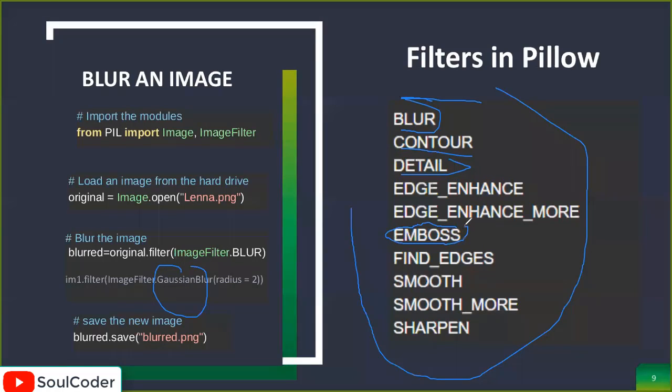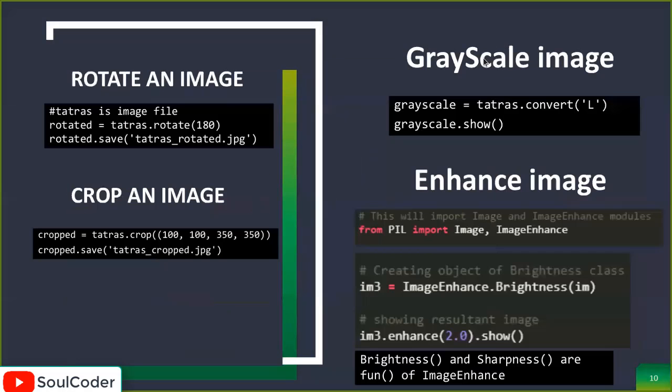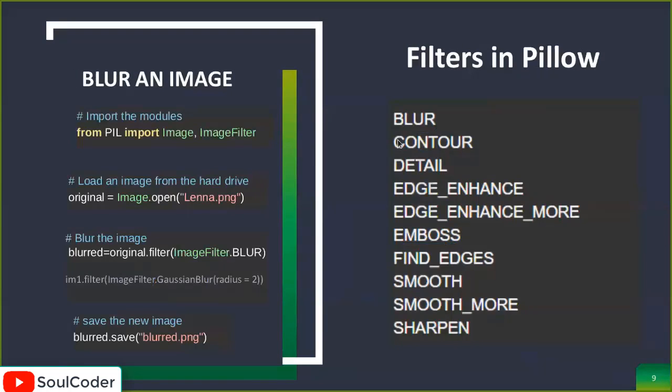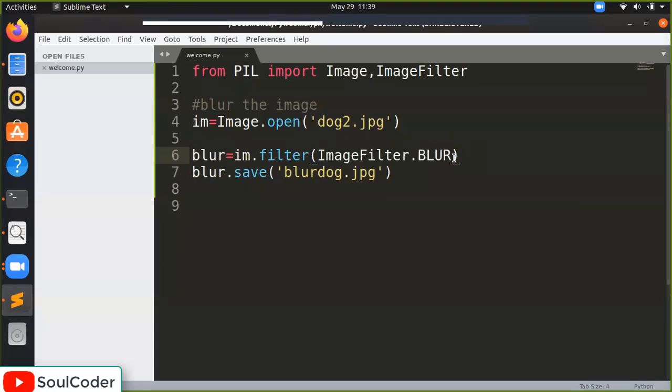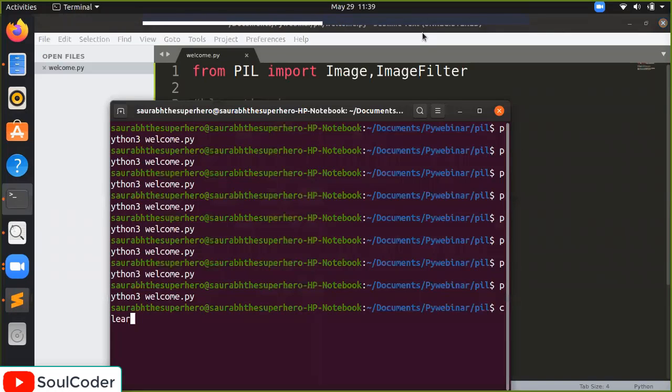You may have seen this in PicsArt. Let's try this one. What exactly I'm going to do is emboss it. Here I will write EMBOSS and we'll save it. Now we'll write here emboss dot show, Ctrl S to save, and I will run our script again.